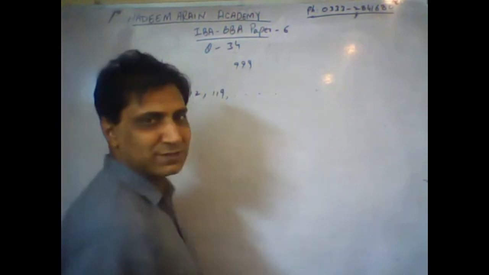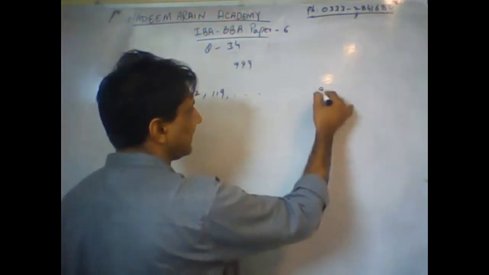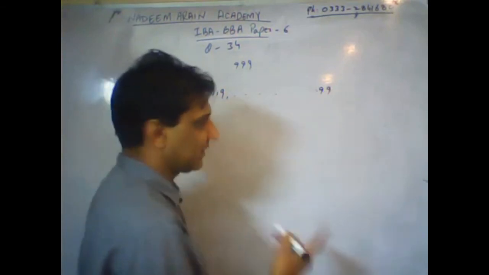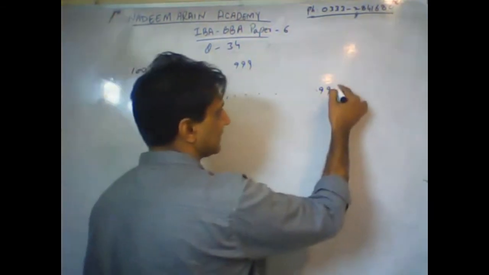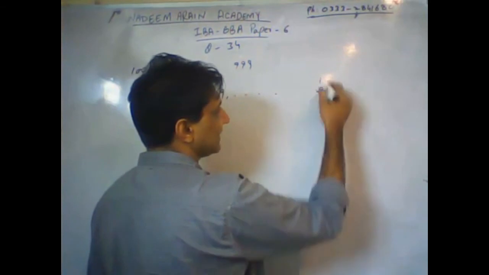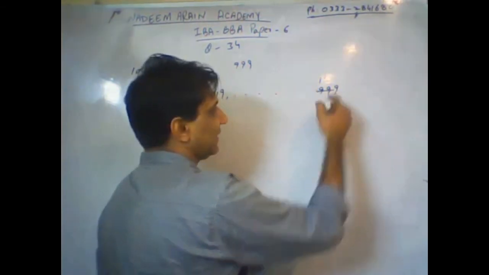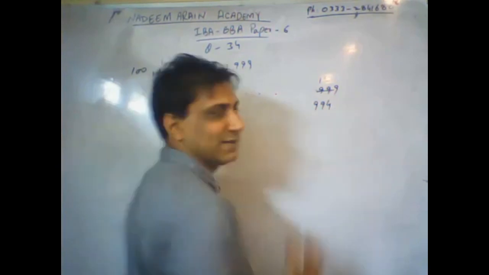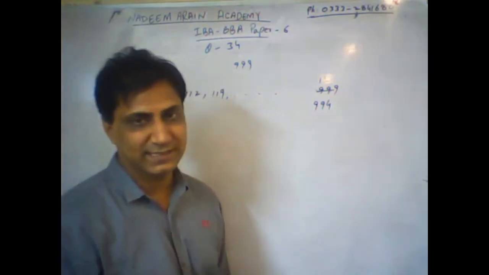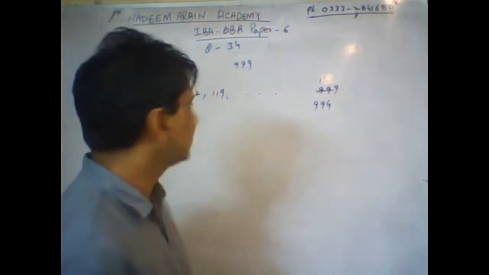Okay, and of course 999 is not divisible by 7 either. All right, so 7 ones are 7, 29, 7 fours are 28, 1. So this should be 14. Okay, so I mean 994 is the last 3-digit integer that is divisible by 7.